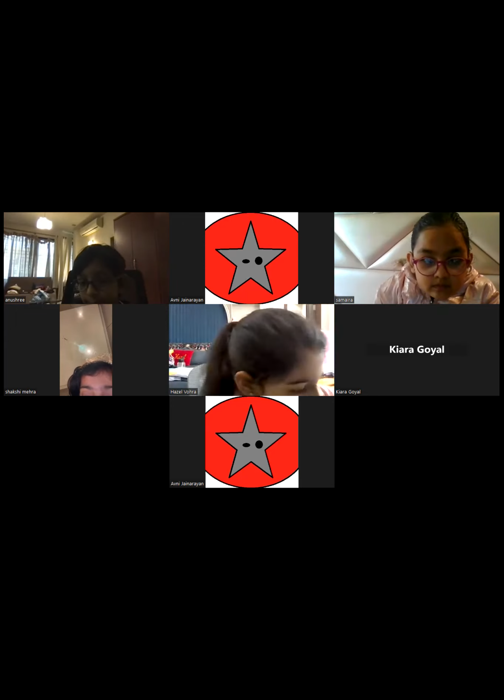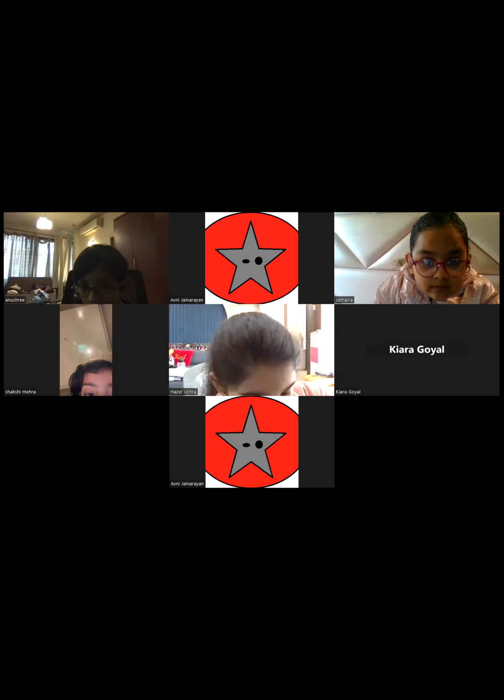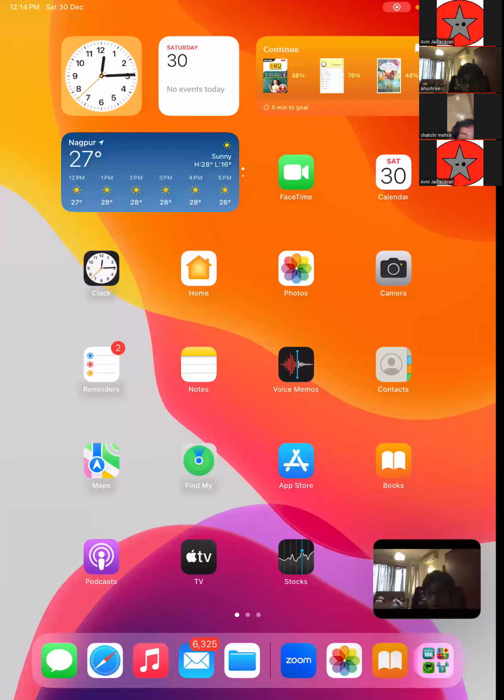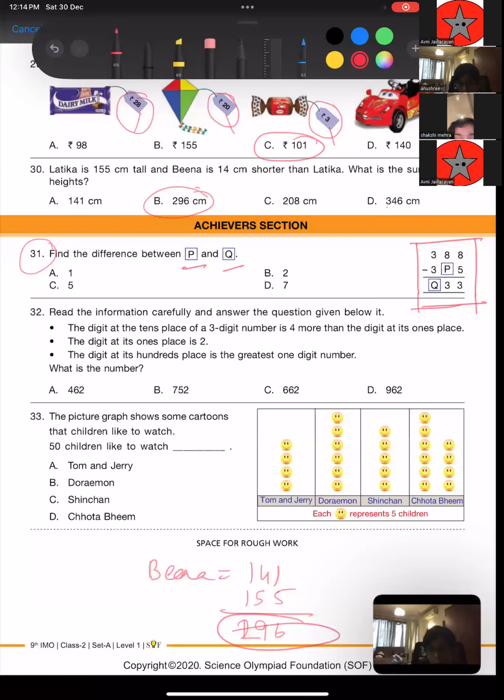Okay, you have to solve this with me. So we are here, 388 minus 300 something, and there's a P and a 5. Okay. So Kabir, 8 minus 5 is a 3, correct? So here P has to be something so that when I subtract P from 8, I get a 3. So what do you think is P?